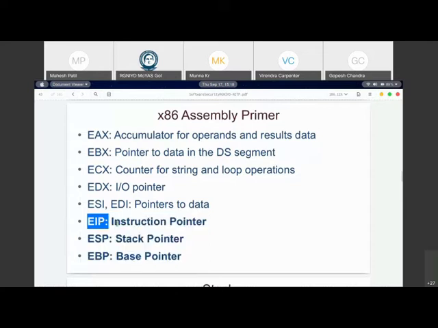The EIP points to the next instruction that has to be executed in the processor. You remember that the .text section was holding a set of instructions. So this EIP register, which is a 32-bit register on a 32-bit x86 architecture, is going to point to that particular text section, especially to the instruction which has to be executed next. ESP is the stack pointer, and as you all know, the stack has a pointer which points to the top of the stack. So this ESP register in hardware is typically that register.